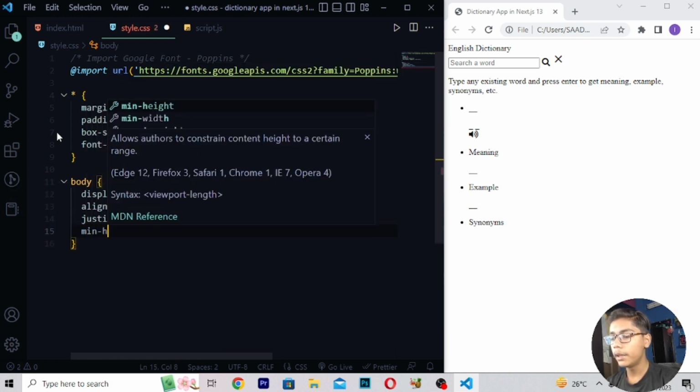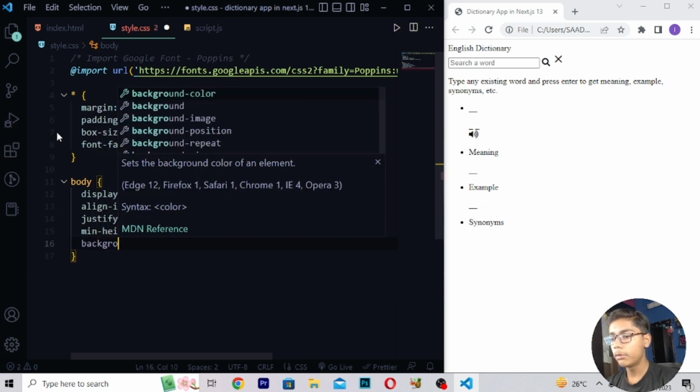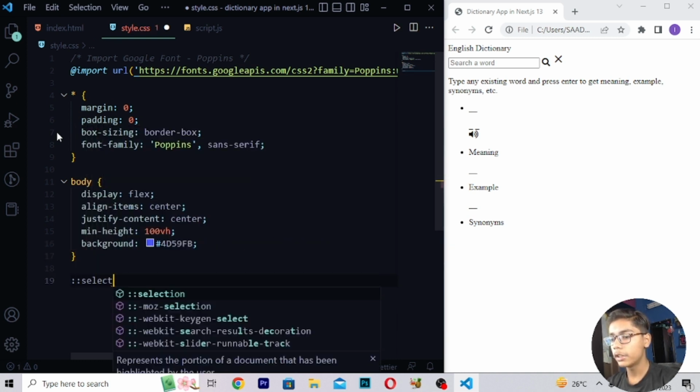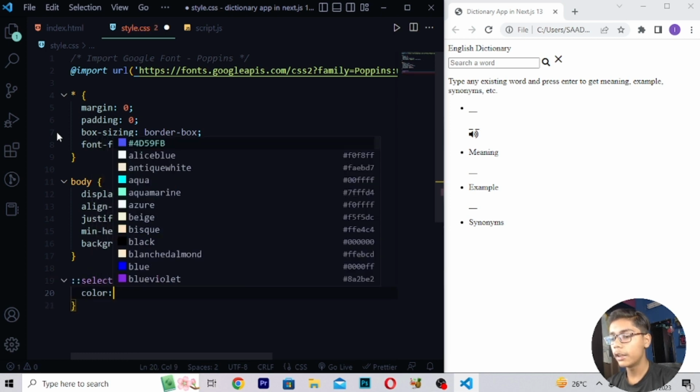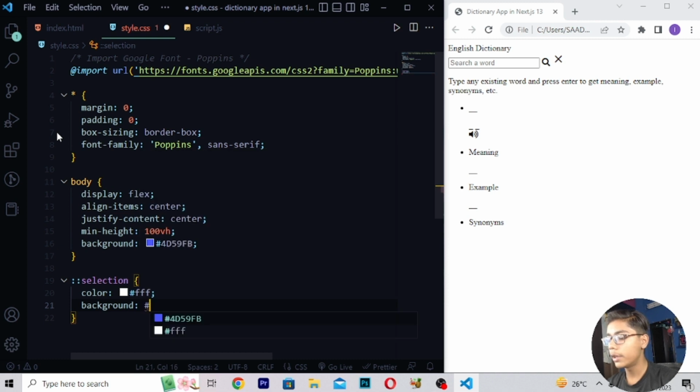Here you have to write min height, and in min height I will be writing 100 vh, then I will be just writing here background. In background you have to write 4D 59FB, then you have to just write here selection, and after writing this, here I will be writing white and right here background, and in background you have to write 4D F9 59FB.